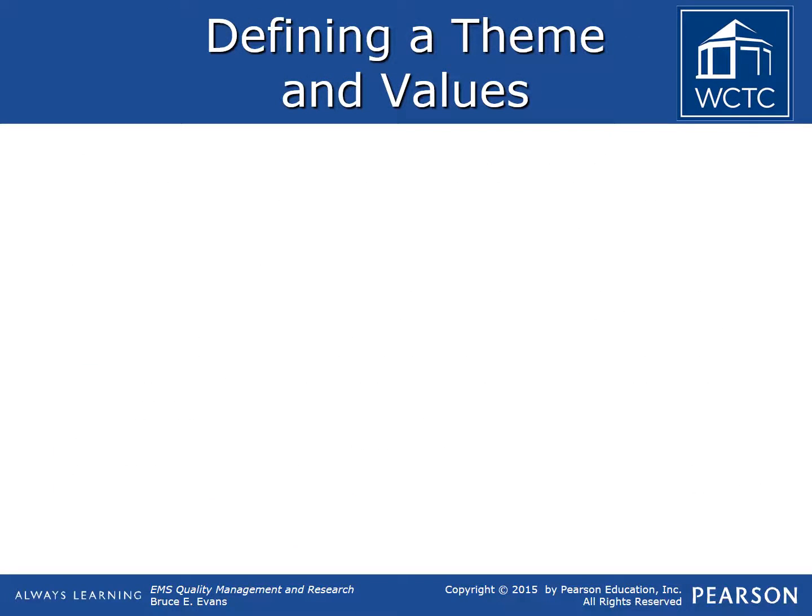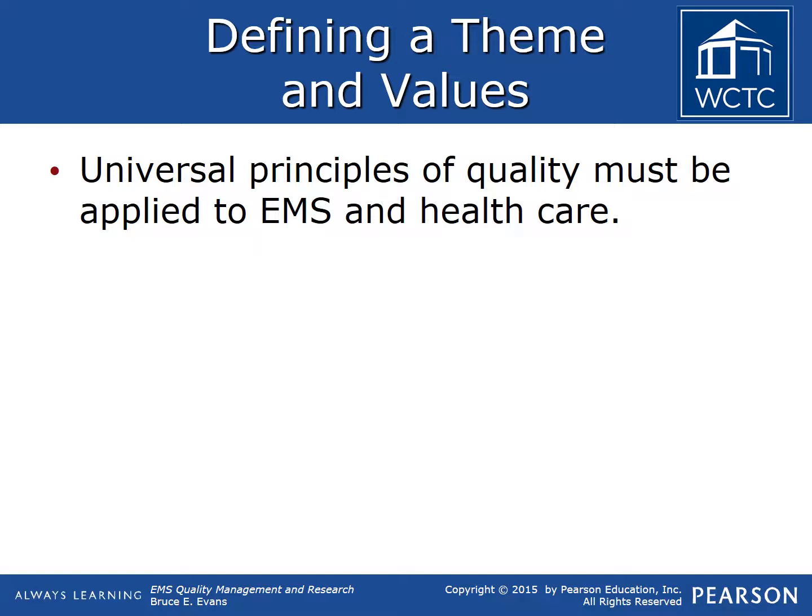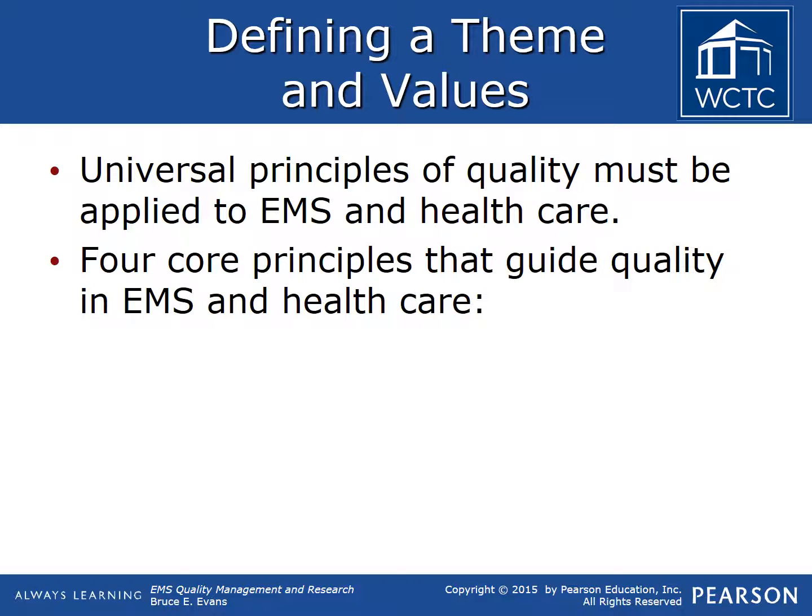As a start to defining quality, several themes must be incorporated into EMS operations. There are universal principles of quality that apply to all industries and, when boiled down into terms that make sense for healthcare and EMS by extension, can be summarized into 4 core areas of focus: patient or public, systems and processes, measurements, and teamwork. A focus on the patient or public recognizes that services must be designed to meet the needs and expectations of patients and communities. After all, that is who we as EMS providers are there to serve. Without these customers, there is no need for an EMS system.